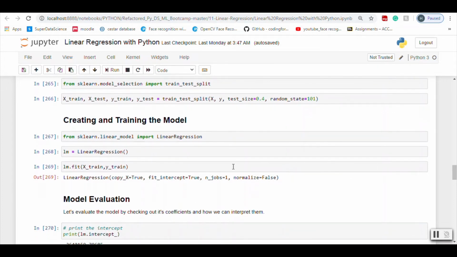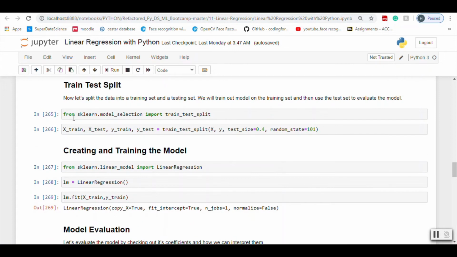So first of all, what we're going to do is import train test split from the library sklearn. So from sklearn.model_selection, we're going to import train_test_split. We're going to divide our data into training set and test set. Each set has one dependent variable and several independent variables. So we have X_train as our training data set,